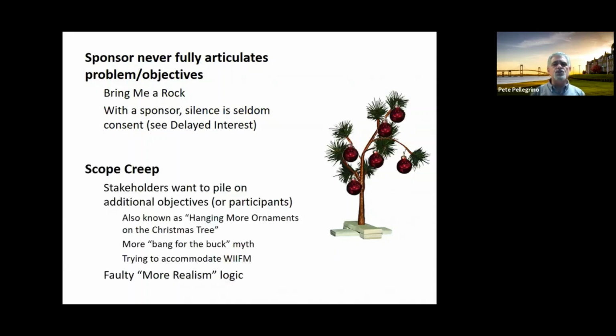The other thing they have is scope creep, all right? Or this is what we call hanging one more ornament on a Christmas tree. So suddenly you have a game that you thought you drew the box, you expanded it, you contracted it, and you all got agreement that this is your game space. And now you get all sorts of people coming out of the woodwork who are kind of doing that. Hey, while you're at it, could you do this? Let's add this to the game. Let's tack some of this on.